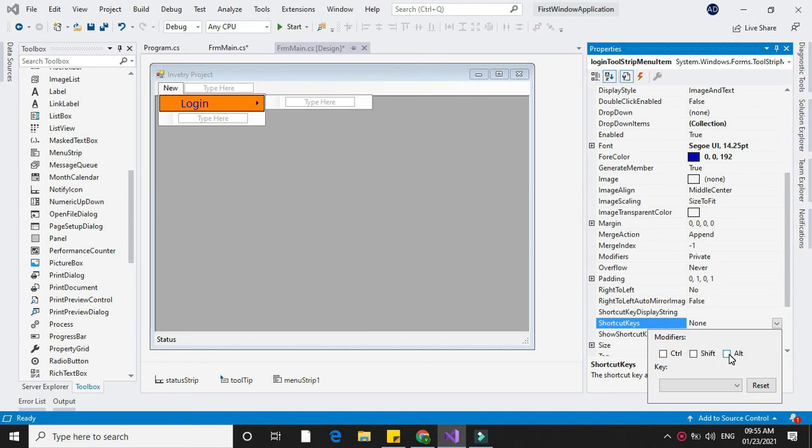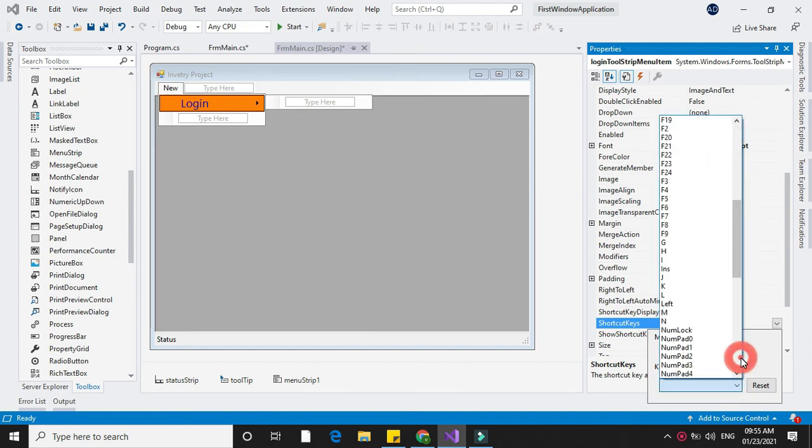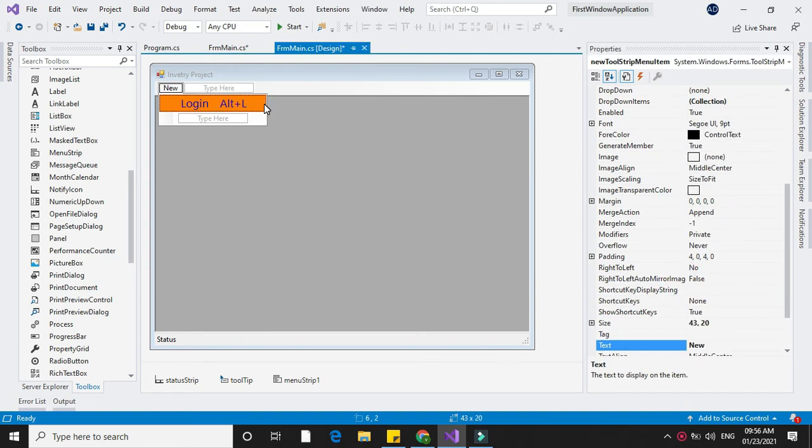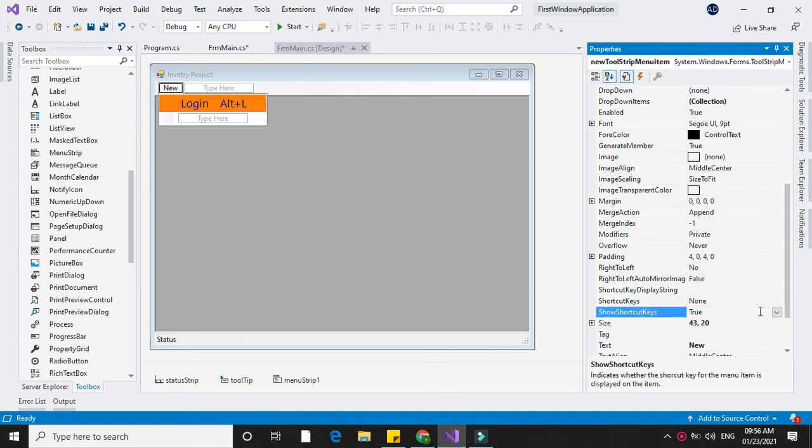Here I will select Alt and I will select the character L. So when you execute the program and when you press Alt L, it will execute the code written behind this login menu. Show shortcut key will display the shortcut key created in the menu, that is Alt L.